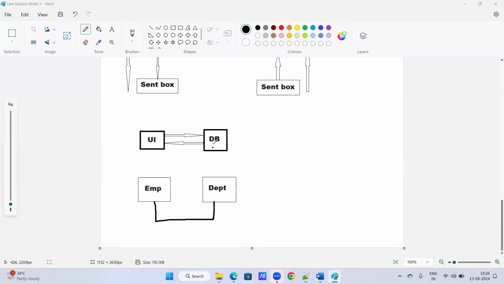So apart from this, internally in the table or database, we have to test a lot of things. Sometimes there are views, indexes, cursors, etc. So these are database related concepts. So the definition is